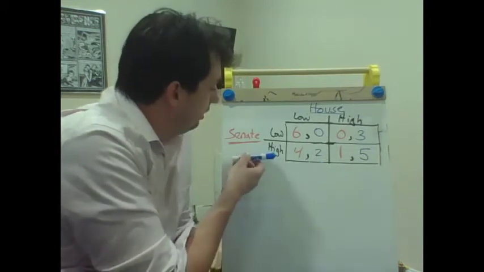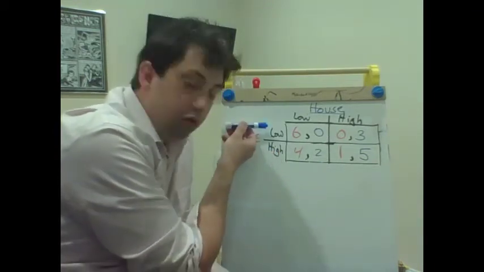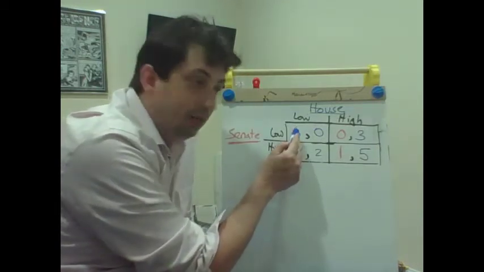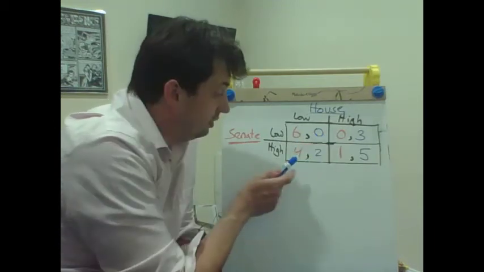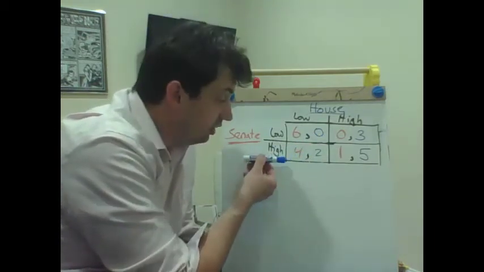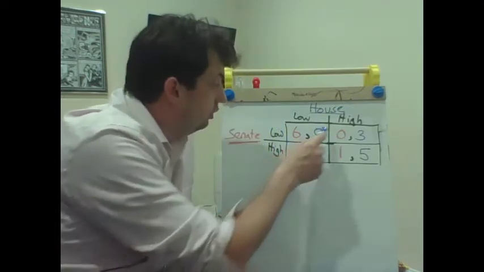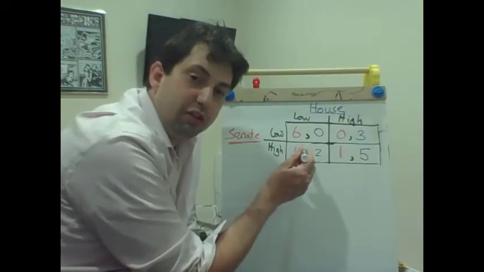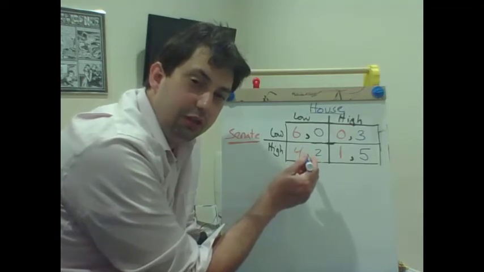Yes. Here, the Senate would like to go from high to low, from 4 to 6. Yes, the House doesn't like that, but I don't care. The House doesn't get to choose. The Senate will choose, and we'll go from high to low. So now we're here. So this cannot be Nash equilibrium because someone would want to change their strategy holding the strategy of the other player constant.